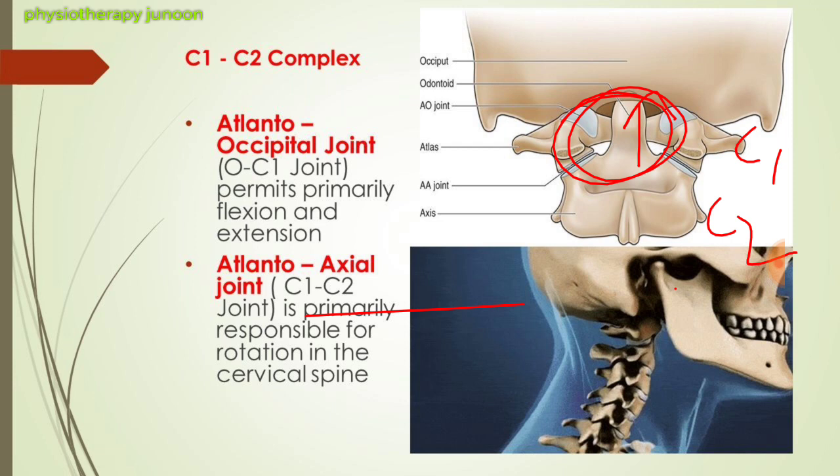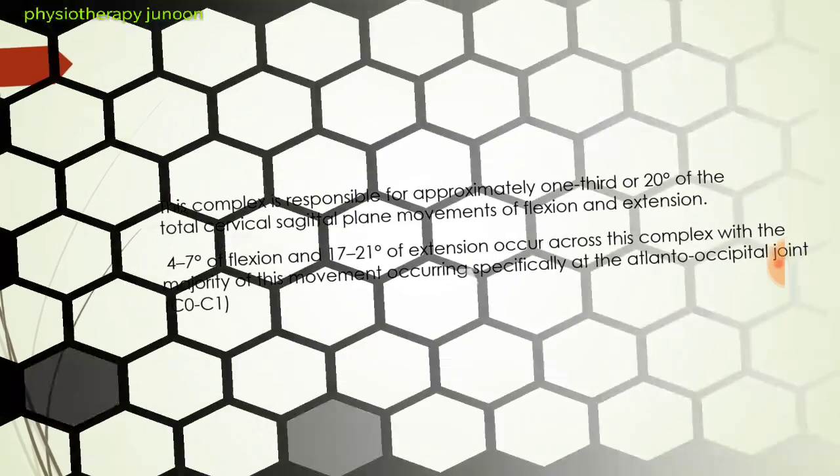The joints of the cervical spine can be divided into two groups: those that are present throughout the vertebral column and those unique to the cervical spine, which are found only in the cervical spine. Present throughout the vertebral column, there are two different joints. First, between vertebral bodies, adjacent vertebral bodies are joined by the intervertebral disc. Here you see in the picture.